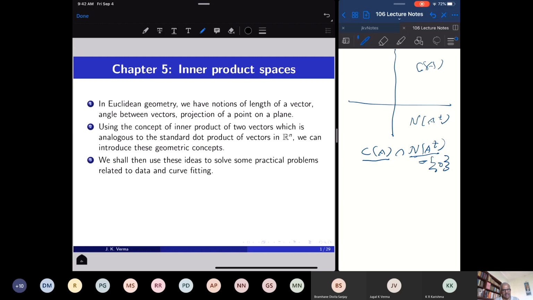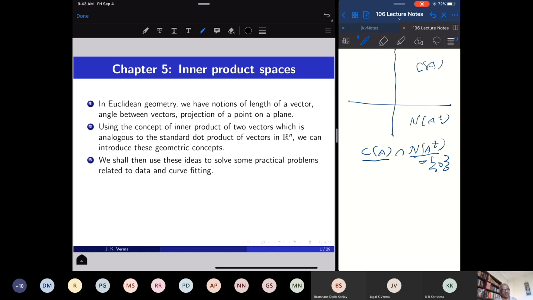And we will see that these geometry concepts are very useful to the analysis of data. Curve fitting and data analysis are done by using these geometric properties of vectors in a vector space. Towards the end, I will show that if you are given certain data, we want to understand what is the law behind that data, whether the data fits on a straight line, or on a parabola or a hyperbola, etc. These problems arose in mechanics, celestial mechanics, because